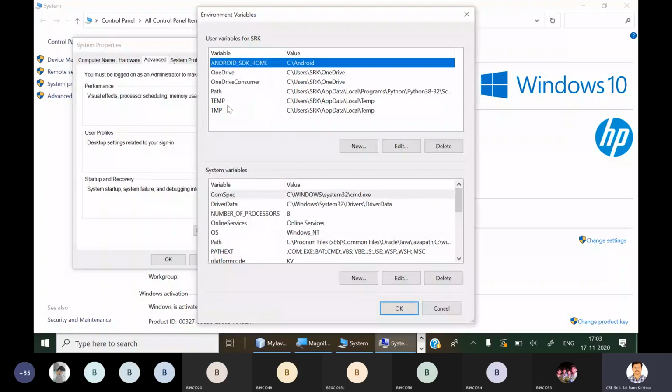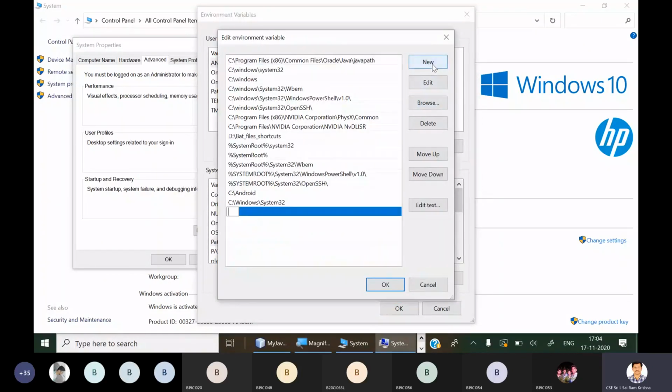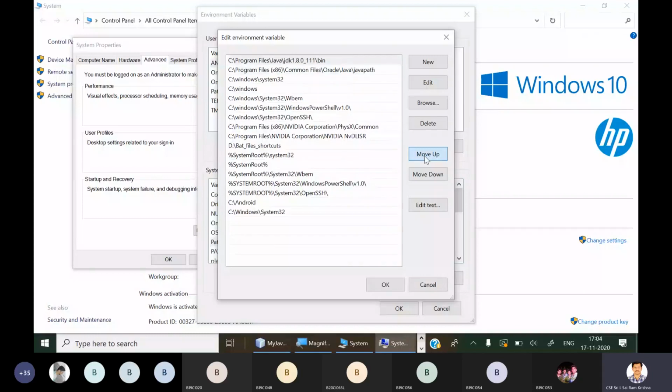The system variables are there and user variables of SRK are there. Now go for system variables, click on Path, select that, go for edit, click on new here and paste that path. But this should be on the top. That's the reason you can click on that, move up, and finally it reaches the top, and say okay.